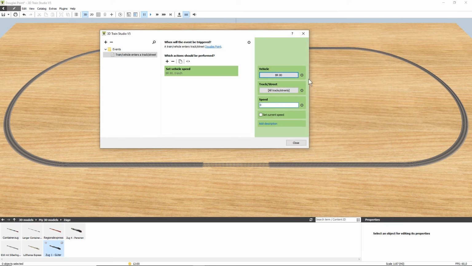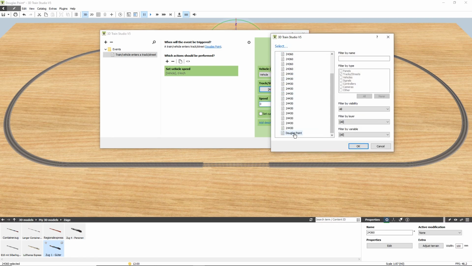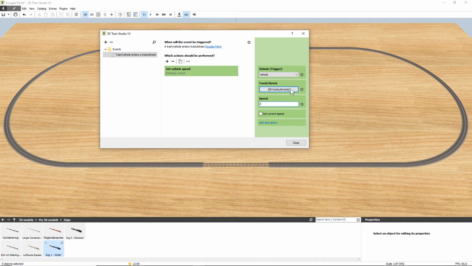What I do instead is I click on this cogwheel here and say I want to talk to the triggering element. Whatever vehicle triggered the event is the vehicle that I want to talk to. In other circumstances, it may be interesting to talk to any train on a specified track. And that's why you have this track or street selection here. But in this case, you don't want to limit this to vehicles on the track Douglas Point, because the vehicle that you talk to